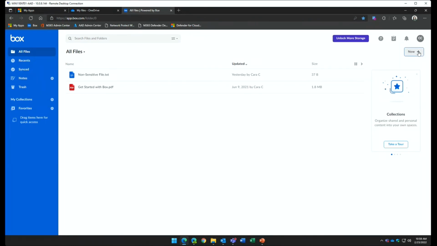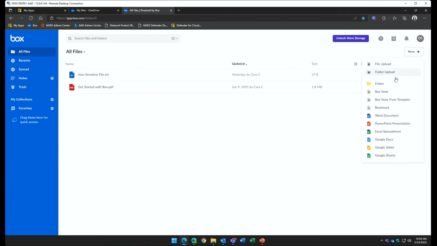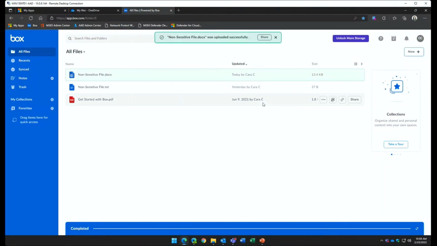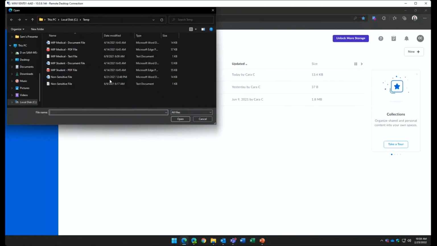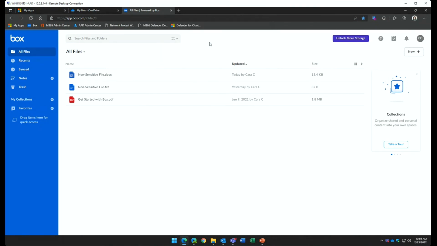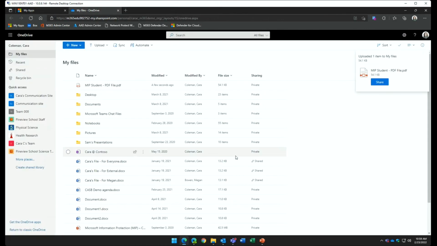Maybe it's a personal picture, whatever it is, to box.com uninhibited. So we'll show a file upload. I'm going to upload a non-sensitive Word document here and nothing gets in the way. She's able to do what she wants to do because that data is not sensitive. But the second she tries to upload one of these, we'll do the medical record file here, one of these sensitive information documents, she's blocked from taking any action, blocked from uploading that content to a repository that is not designed for this. So you have that capability. Again, that is endpoint data loss prevention capability.